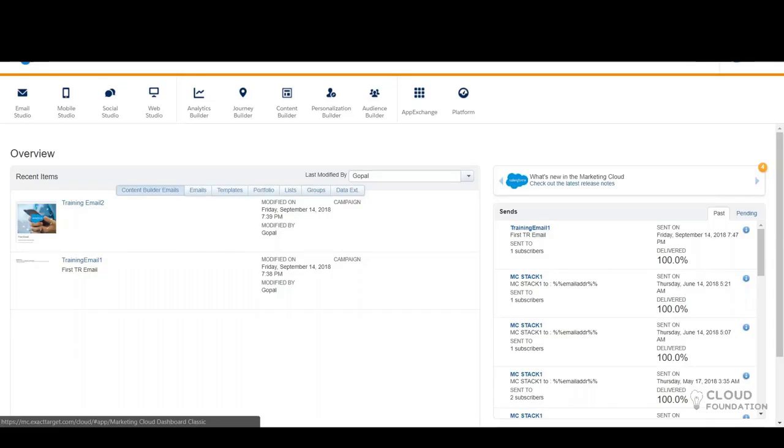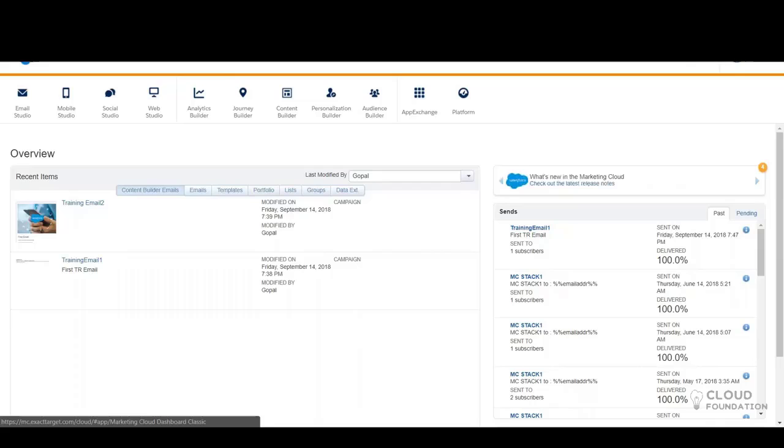Like I said, it is built on .NET in the backend, and the database language used is SQL. When coming to customization and development, we don't have Visualforce, we don't have Apex in Marketing Cloud.